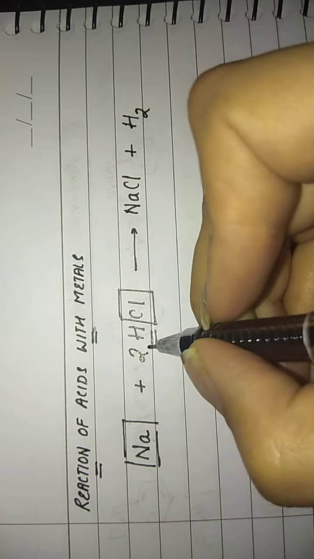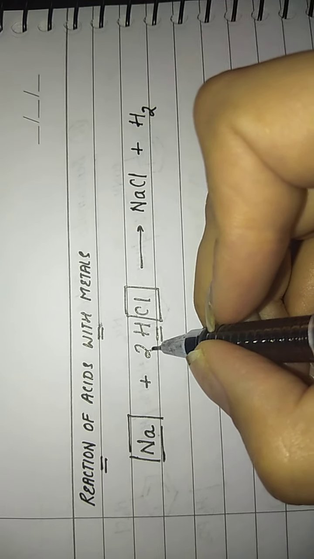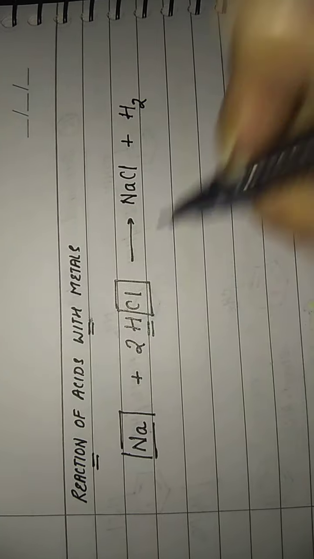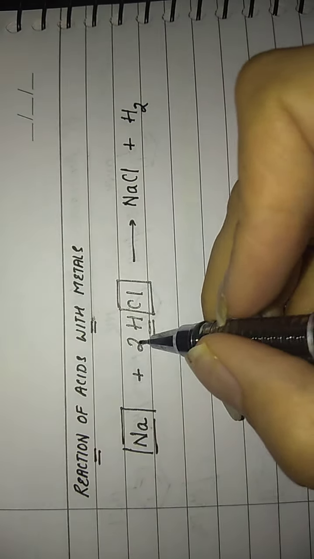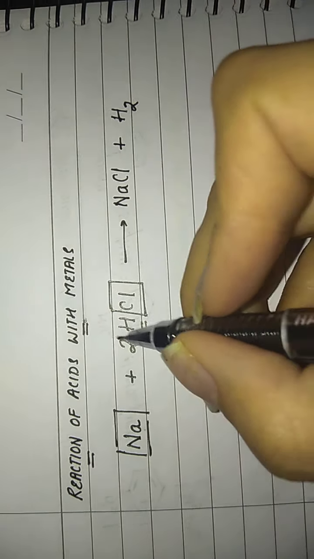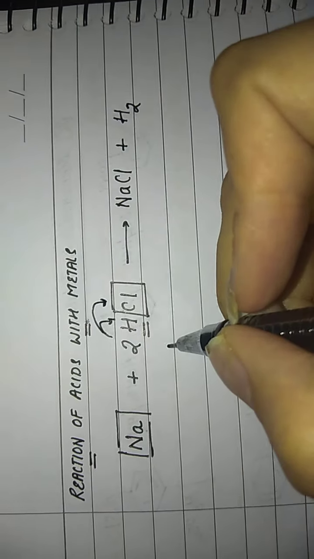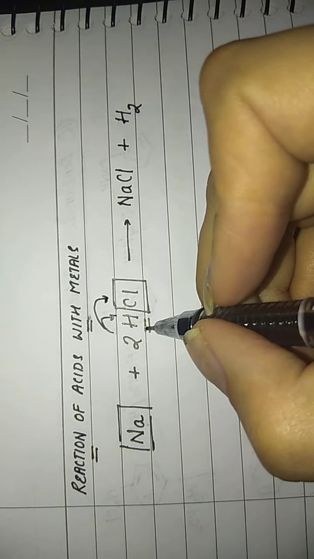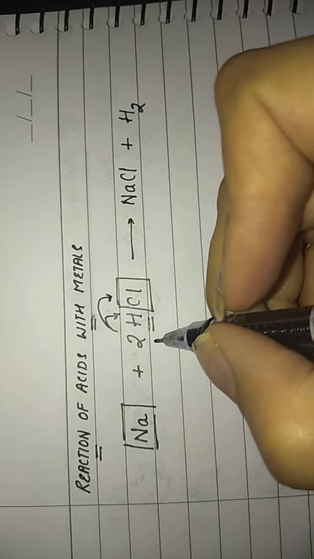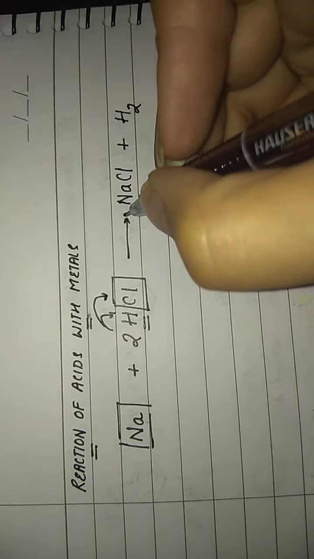Fine, but in making hydrogen as 2, what I find is that now I have 2 chlorine atoms on the left hand side. Why? Because this 2 will be multiplied with H as well as with Cl. Now on the left hand side I have 2 hydrogen atoms, on the right hand side also 2 hydrogen atoms. On the left hand side I have 2 chlorine atoms, and on the right hand side I have 1 chlorine atom. So I make this again as 2.